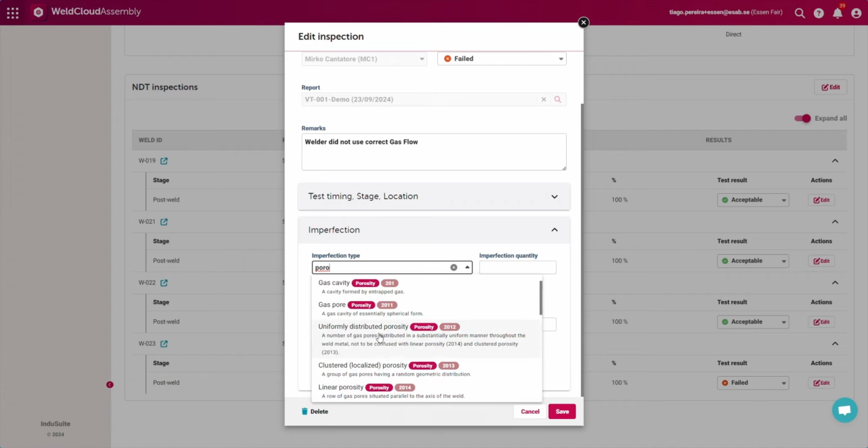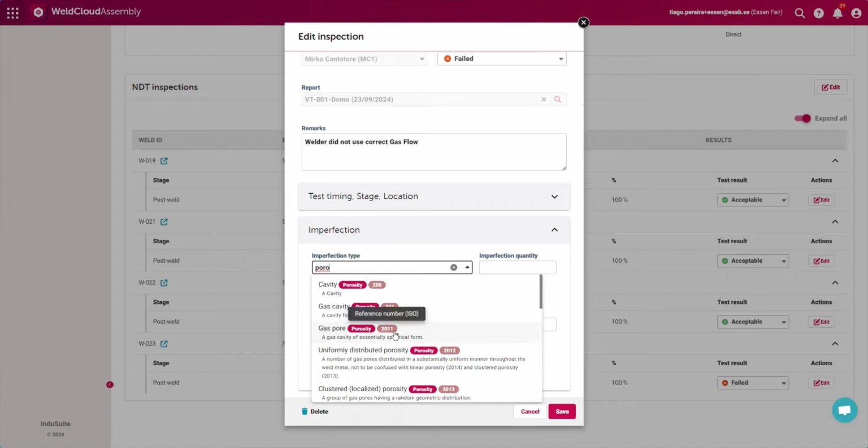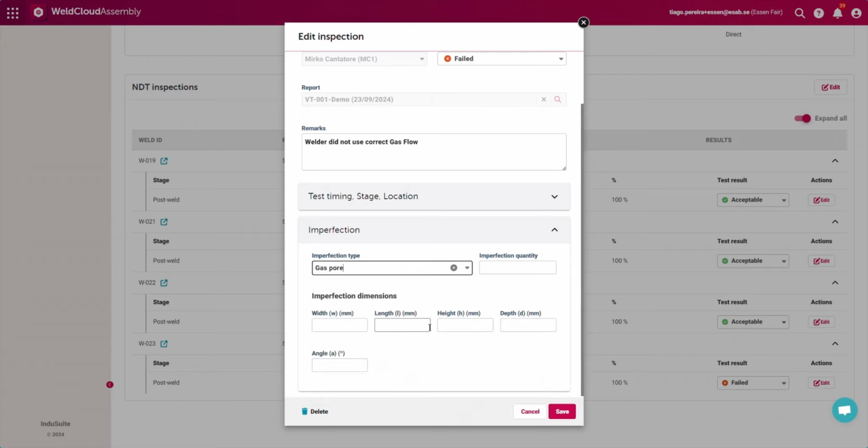There's a significant number of them. If you're using ISO standards, then you'll see there are codes from the ISO standards that are relevant for ISO 5817. So I select porosity 1, and then you can specify the dimensions of these pores. So these are just some examples that I put here. So I click Save,